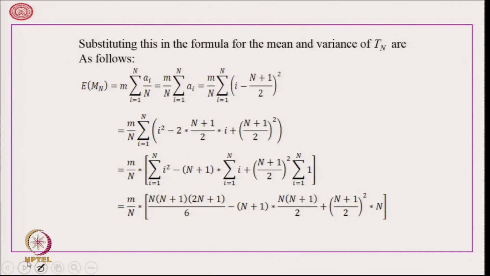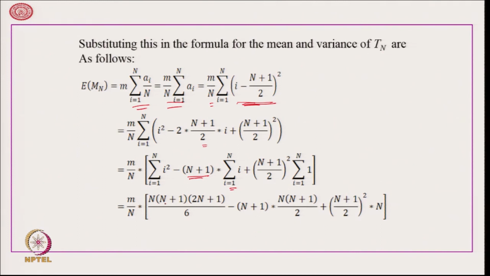So, let us prove the first result. Expected value of M_N is equal to m times summation a_i over n, this we all know, is equal to m/n times sigma i equal to 1 to n of (i minus (n+1)/2) whole square, is equal to m/n multiplied by summation of i square minus 2 times (n+1)/2 times i plus ((n+1)/2) whole square, by opening up this square, is equal to m/n times sigma i square minus (n+1) times sigma i plus ((n+1)/2) whole square times sigma 1, because there is no variable involved,